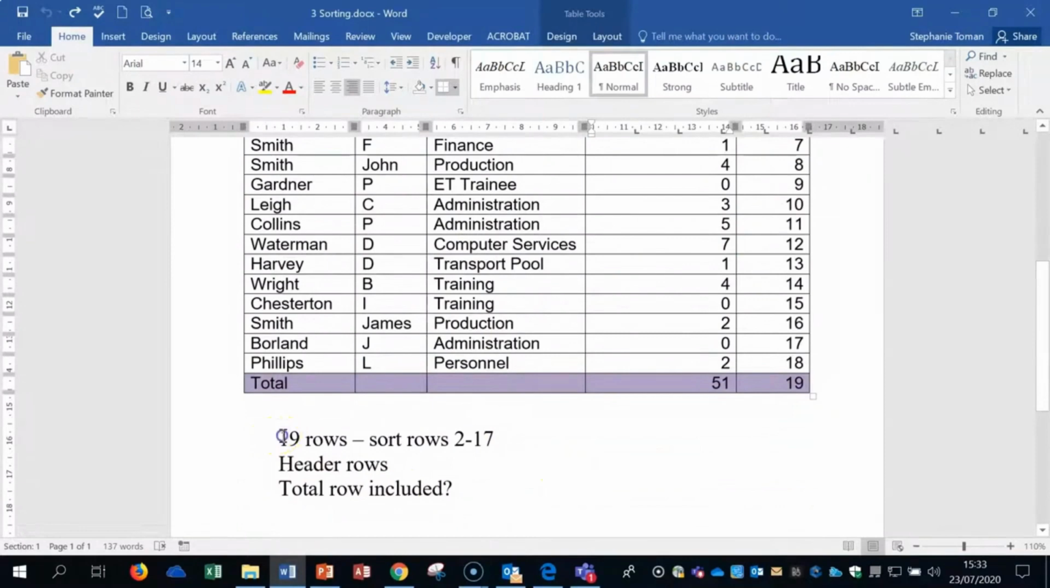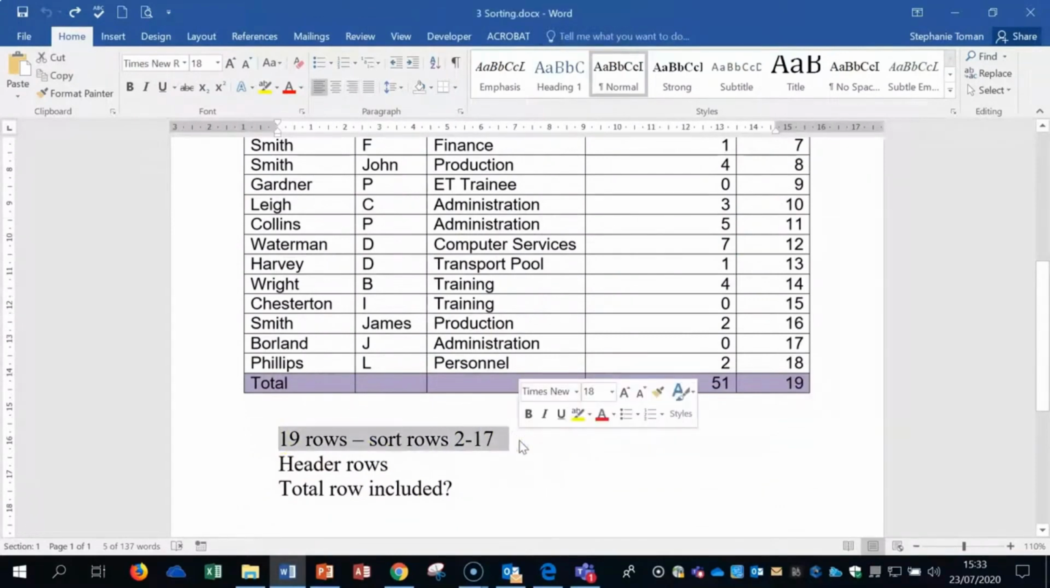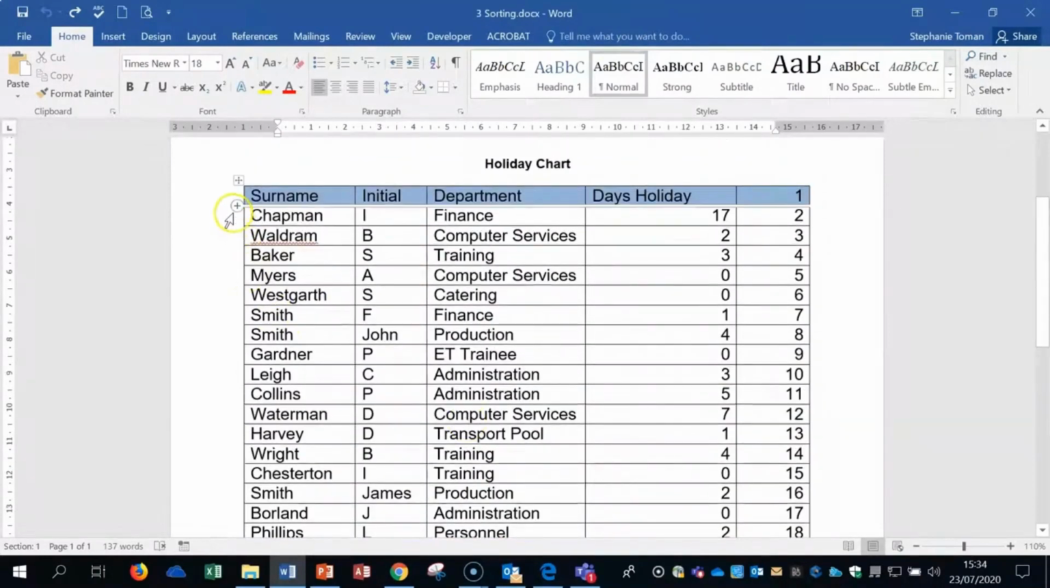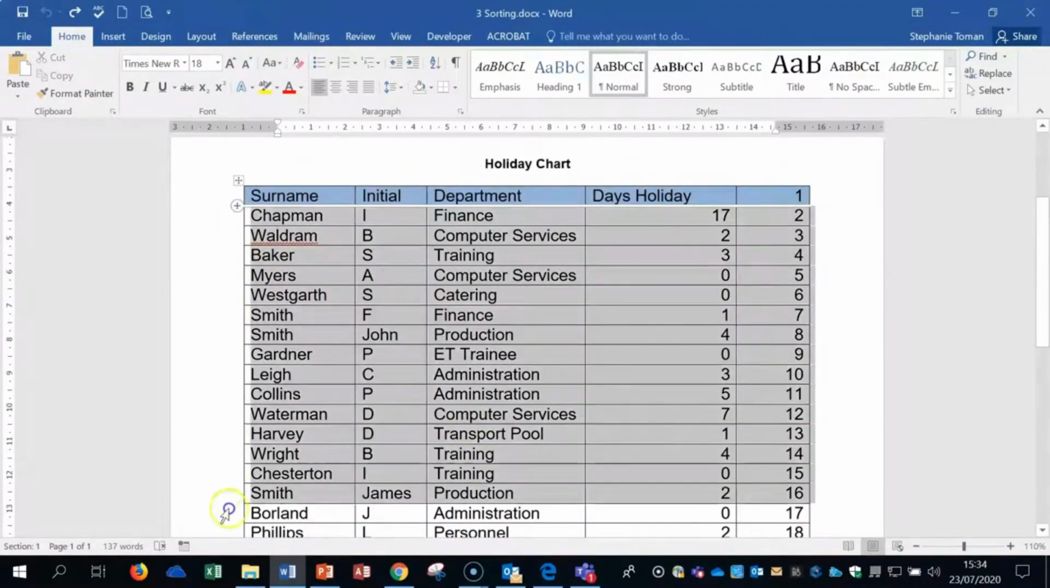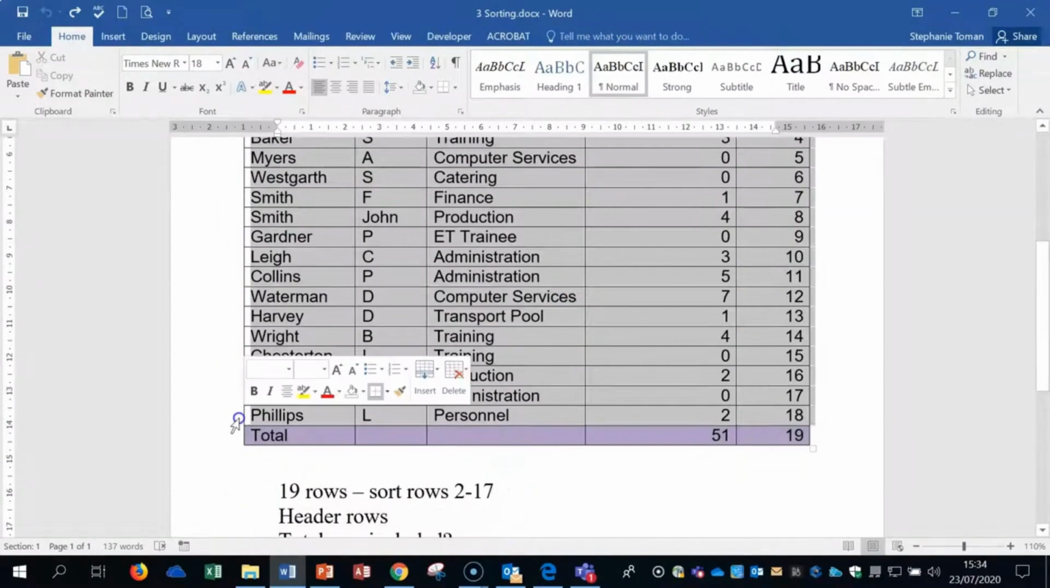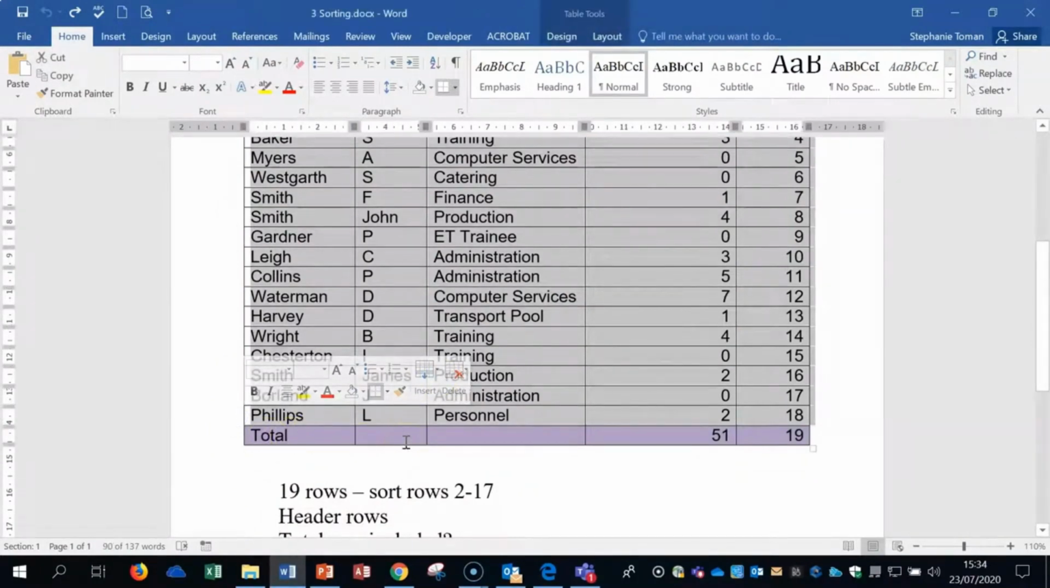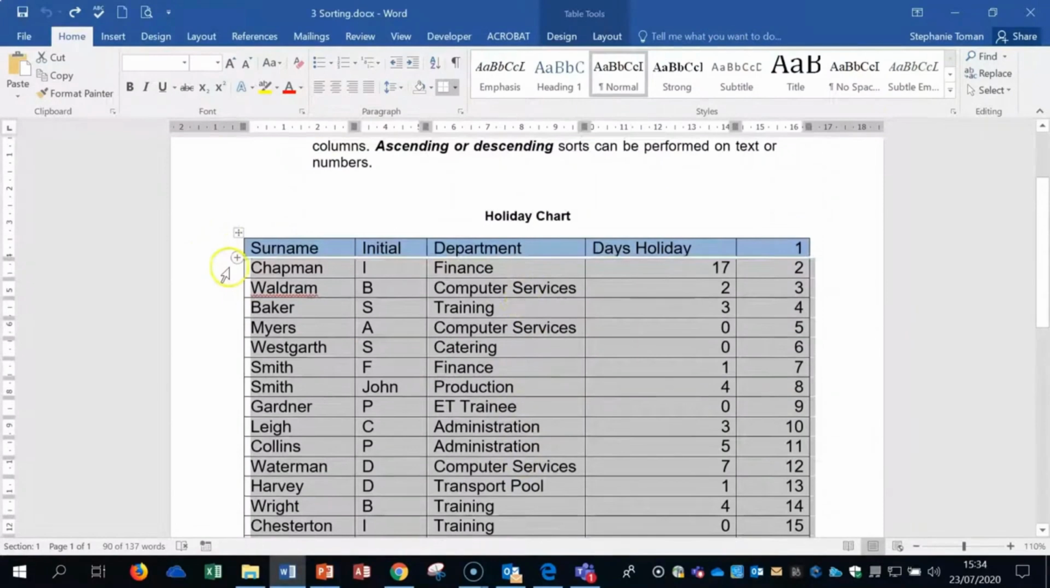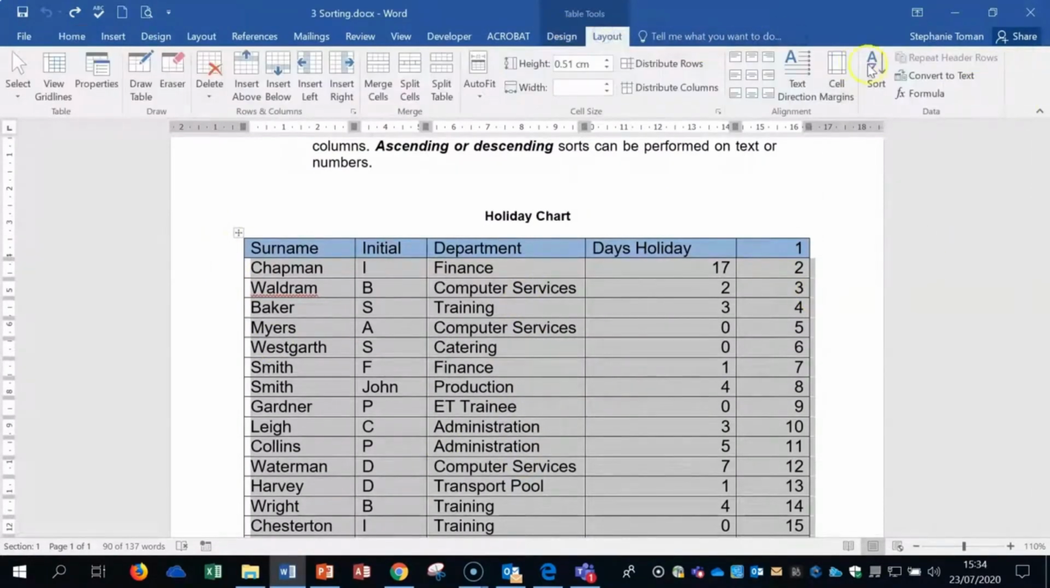There are 19 rows and it's talking about sorting rows 2 to 17. Well, I've got 2 there, it's pretty obvious. I'm not going to count them because I know it's not going to expect me to involve a total row, a calculation row. It could be budget total, grand total, whatever you want to call it. But it's not going to include that. So if I highlight from row 2 down to there, and I go into the Layout tab and Sort,